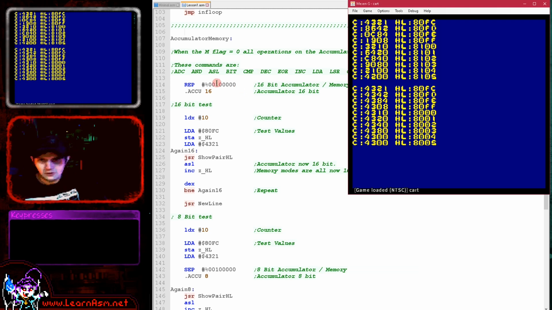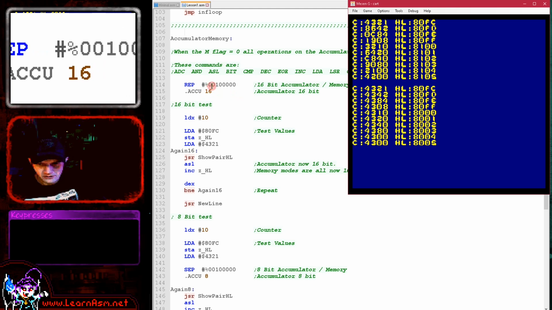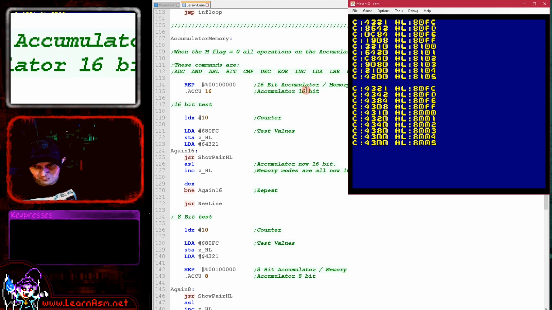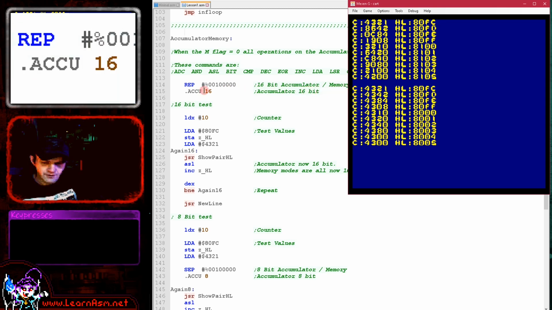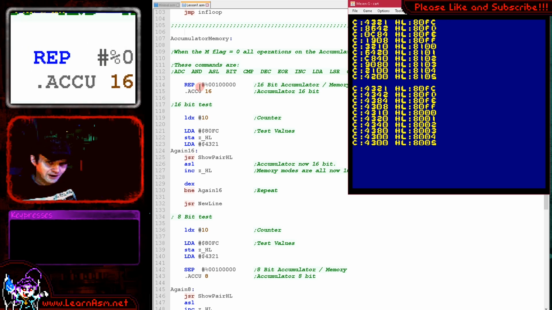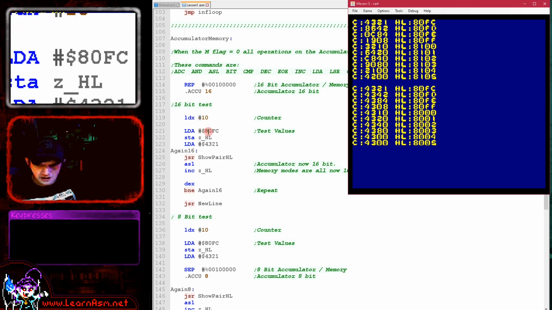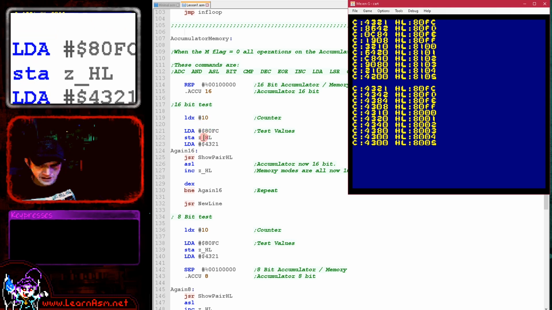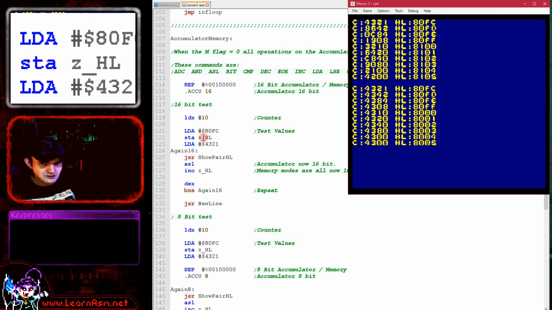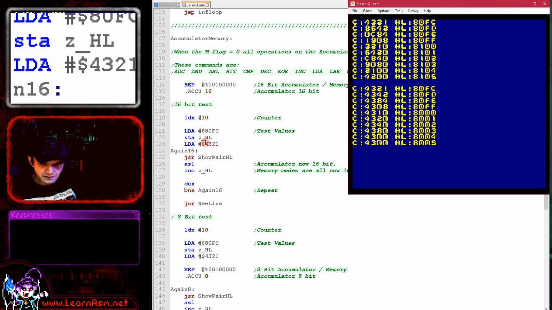Okay, so what are we going to do? Well, first of all, we are using the reset command here to set the M flag to 0, and that is setting the accumulator and the memory as 16-bit. And then, of course, we need to use the assembler directive to tell it that the accumulator and the memory are now 16-bit, and that will compile the commands correctly. So we're going to loop 10 times. We're going to load the accumulator with a 16-bit value there, and we're going to store it to 0-page entry HL. Now these are just 2 bytes in the 0 page that I've defined,